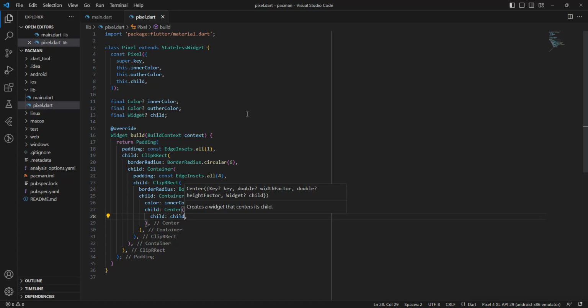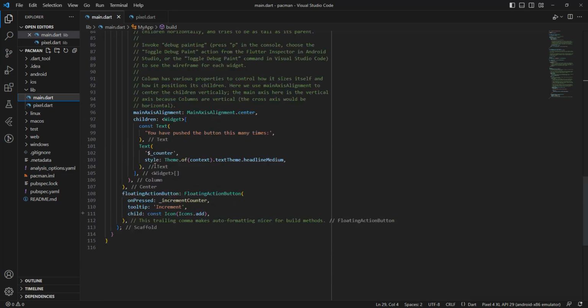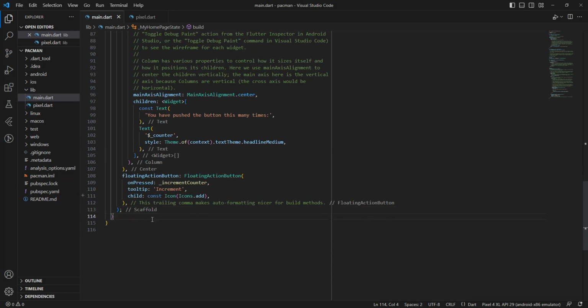Save. Then we open main.dart and correct this file, and we update